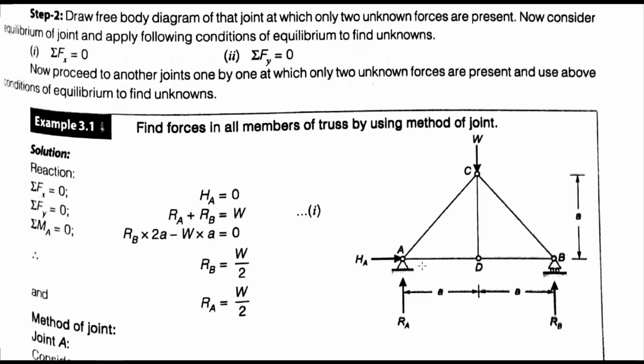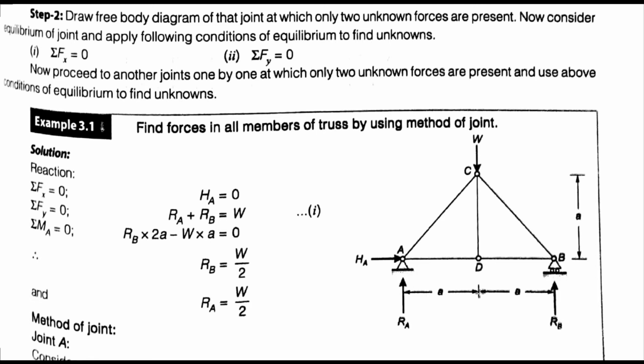So HA is equal to 0. And summation of Fy is equal to 0 means RA plus RB is equal to W. Okay, so this is our first equation. And if I'm taking this hinge support and summation of all the moments at the support is 0, so RB